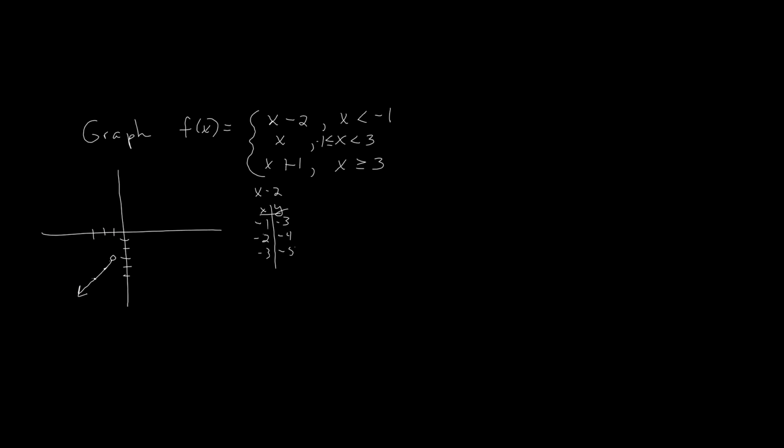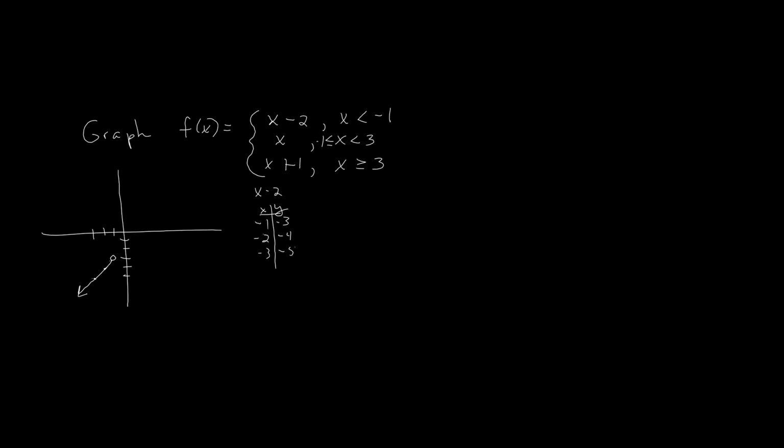Now, let's talk about this. Notice I didn't put a regular point here. I put an open circle. That's because I wasn't really allowed to plug -1 in there. Remember, x has to be less than -1. There's no equal sign underneath it. So I'm not really allowed to plug this in, but I still totally need to,